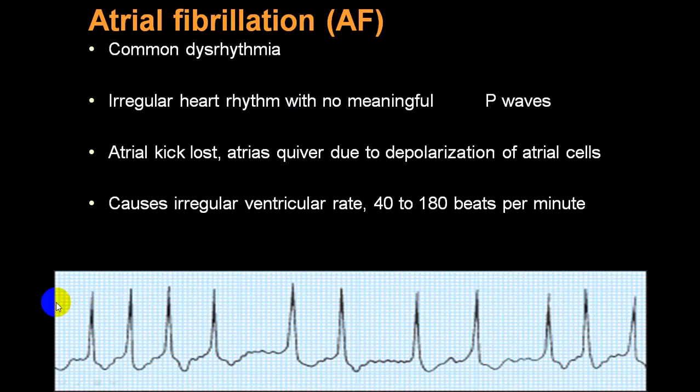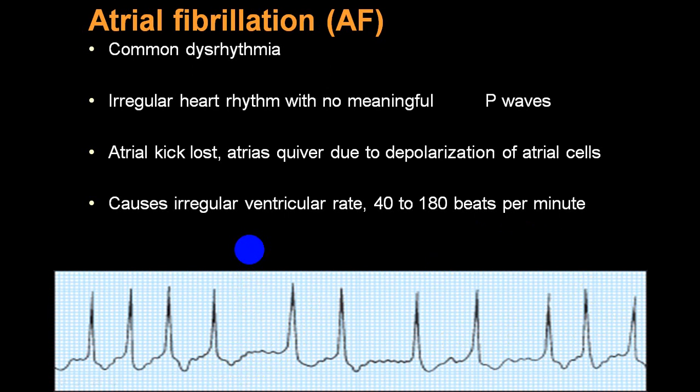Now this is a rhythm strip showing you that you can see here, this is an RR interval. It is changing constantly. If this is changing, you will have to use a 6-second strip and calculate the number of QRS complexes. Say this is a 6-second strip. Number of QRS complexes are 11. 11 multiplied by 10 makes 110. And if you see in between, there is no P wave seen. There is a line which is called an F wave. These are called fibrillatory waves. So this is atrial fibrillation with fast ventricular rate.